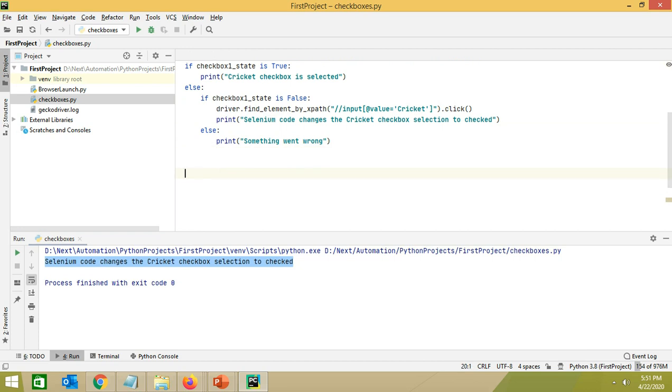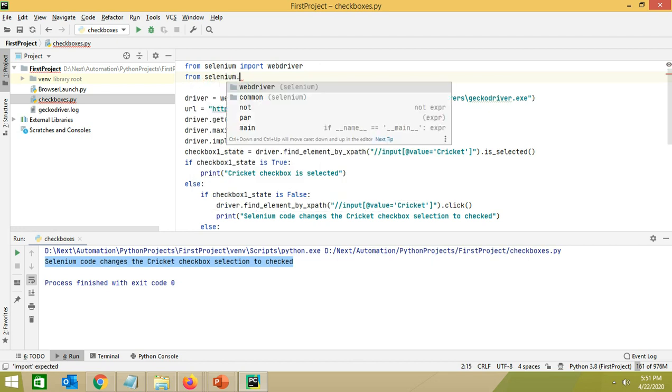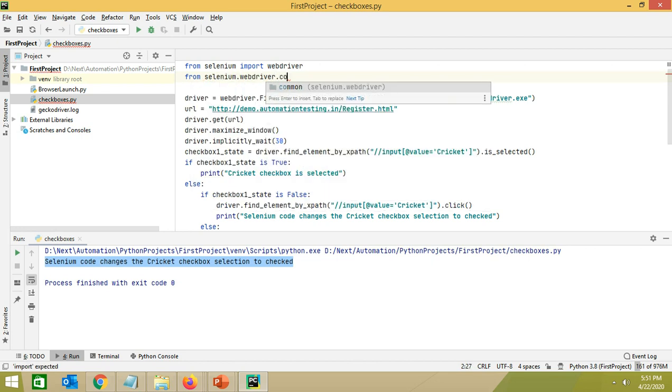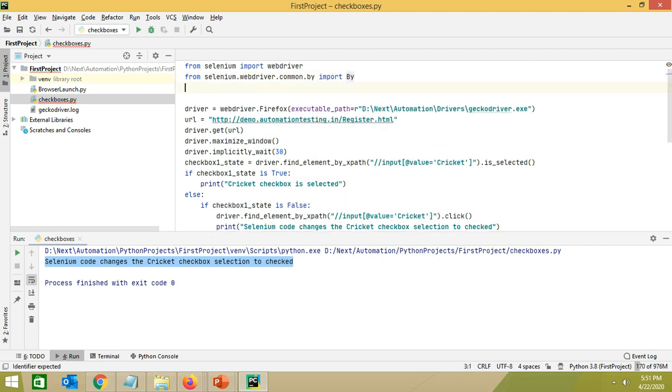Now let's move towards links. For that we need one more class, import from selenium.webdriver.common.by import By class.